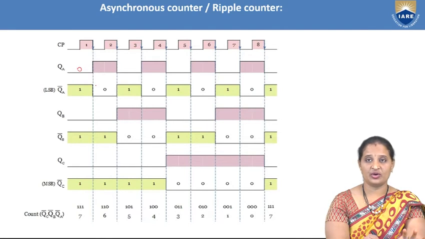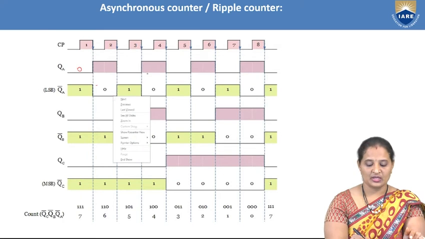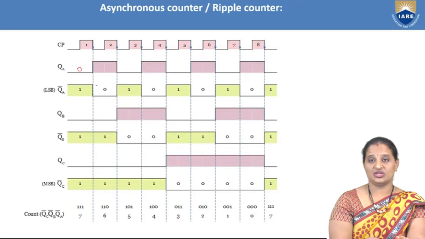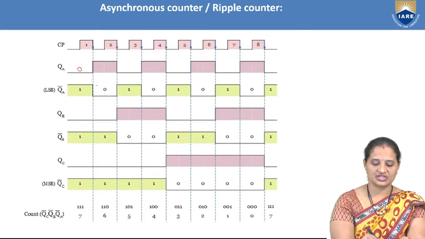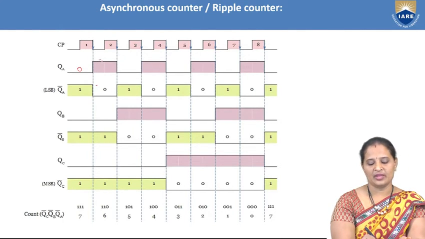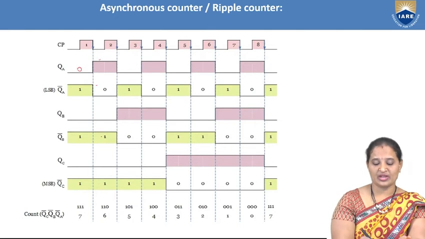I have considered QA bar simultaneously. As QA is 0, QA bar is 1. As QA now changes to 1, QA bar becomes 0. Now what happens to QB? Initially it was 0. What is the transition we have here? The transition is from 0 to 1, and as the transition is from 0 to 1, the second flip-flop will not change its state and remains in the present state itself. So 0, 0, where QB bar is 1, 1.